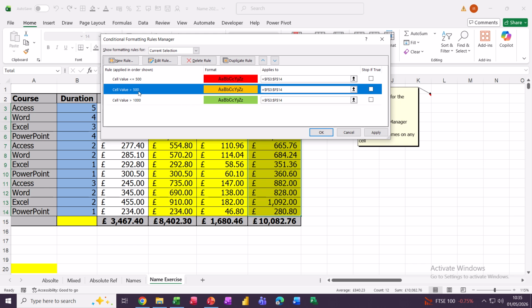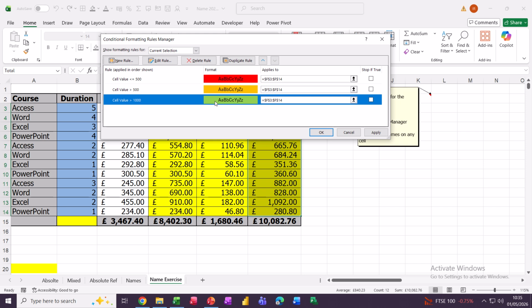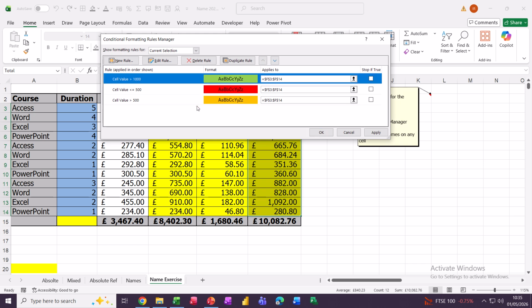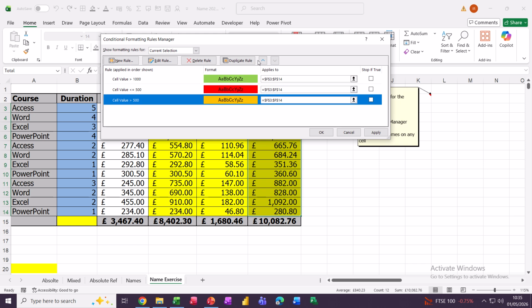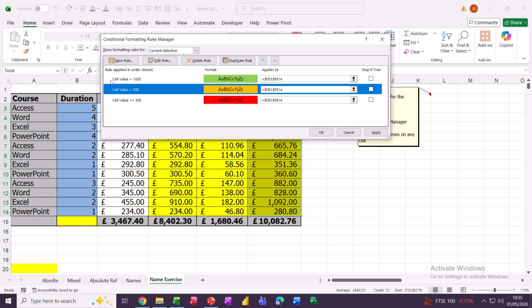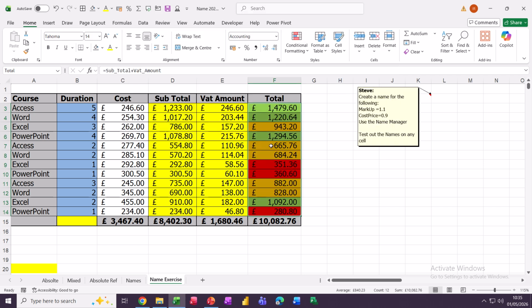So the numeric order needs to be correct. So I've done this on purpose. I now want to move this one up to the top. So that is the highest number, and then the amber one needs to go in the middle like that. So now it's going to say if it's over 1,000 go green. Okay, if that's not true, is it over 500 up to 1,000 go amber? If that's not true, go red then. Now if I click that OK, it puts it on and you can see the conditional formatting is there